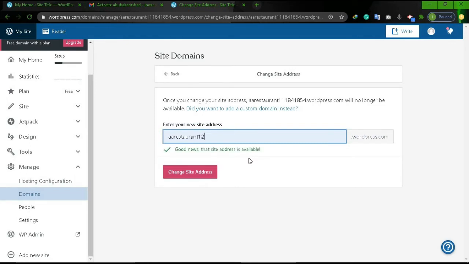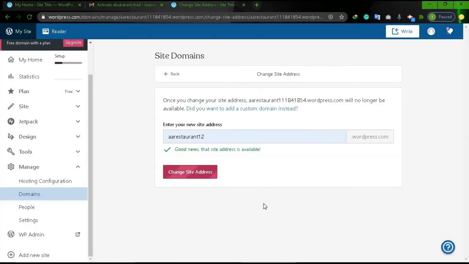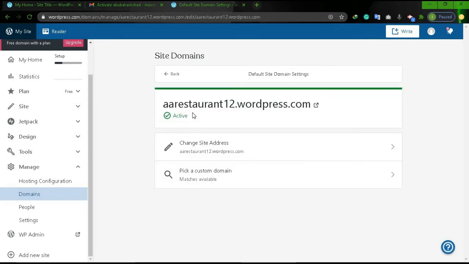For example, I type this domain name and this domain name is available. Change site address, check this box. Now the domain name has been changed.